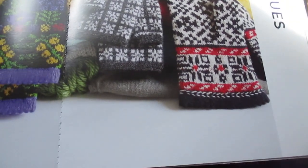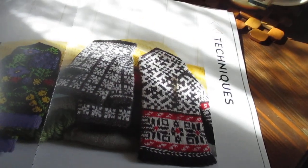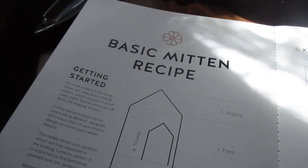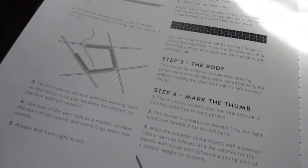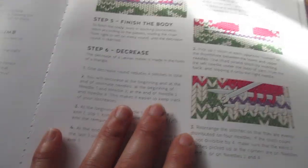And then we're at the techniques. With the techniques, I try and get myself sorted. It's such a big book. It's a little bit unco on my little coffee table here. We have the basic mitten recipe, symbols in the instructions, which are shown in the colour graphs. How to do your cast on with the dpns, and then you have a working needle. That's how dpns work. Doing the cuff, the body, marking the thumb, finishing the body, decreasing the thumb